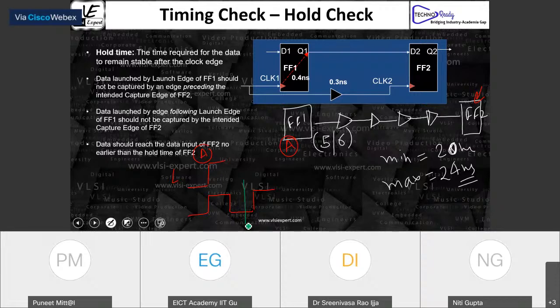You make sure that if you travel from here to here in 24 nanosecond, you reach before this green line. Then you are happy; there is no setup violation. Everything is good. Is it clear?